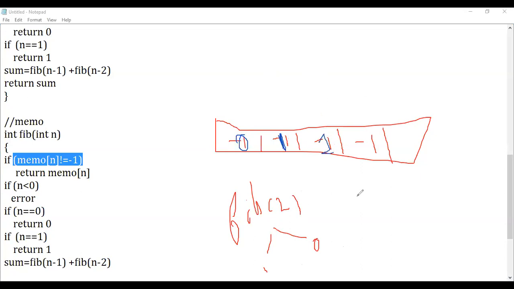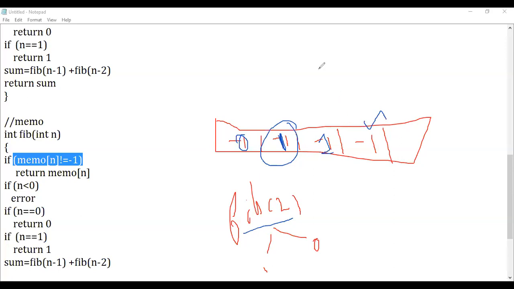So when you come across fibo of 2 again, I'll check if memo of n is not equal to -1. If it is equal to -1, I'm going to calculate it. Just a minute, somewhere I made a mistake.